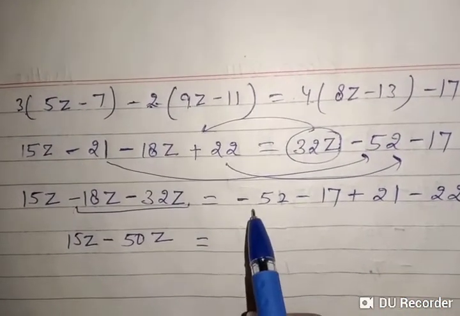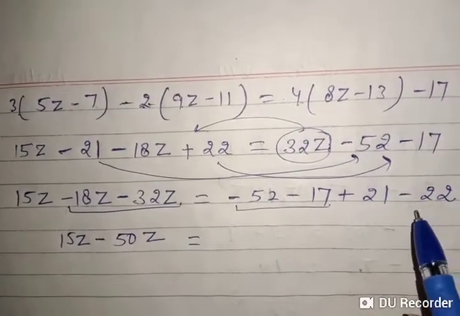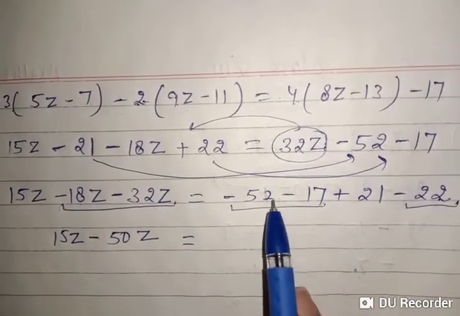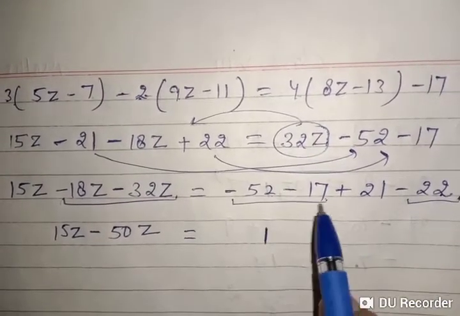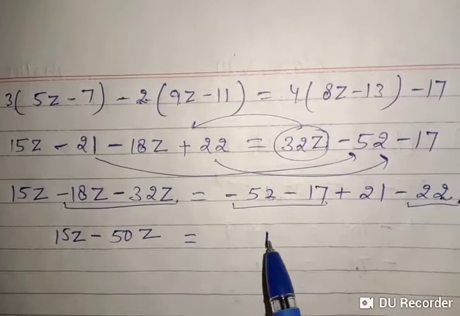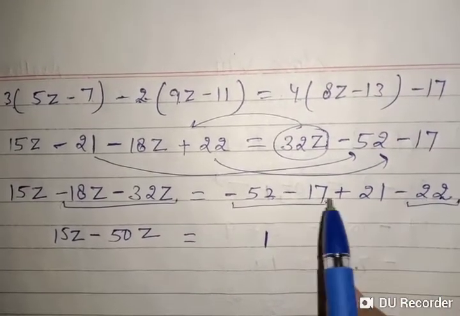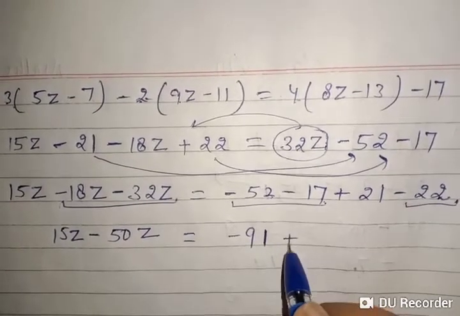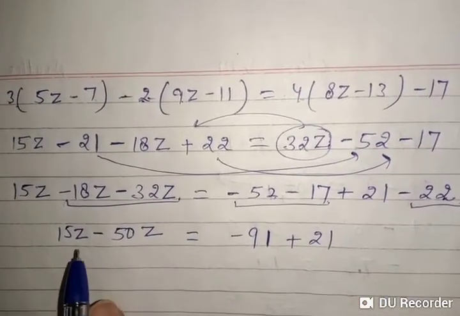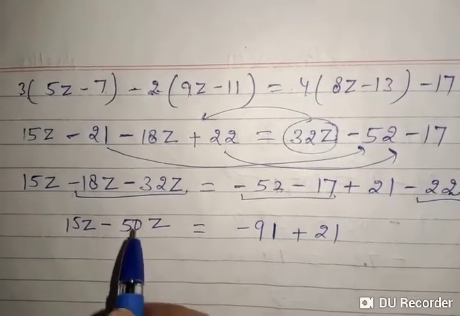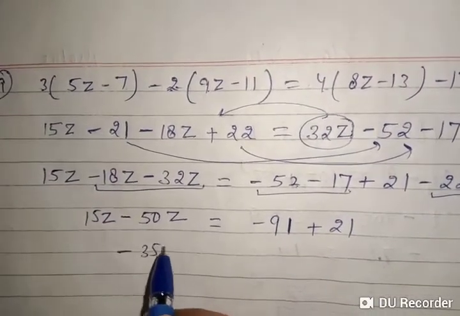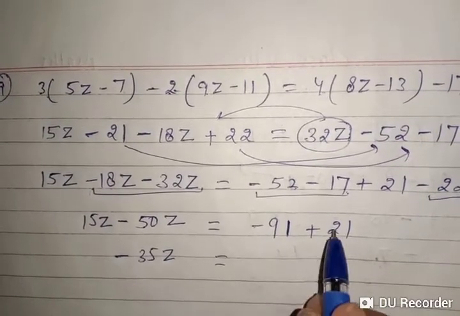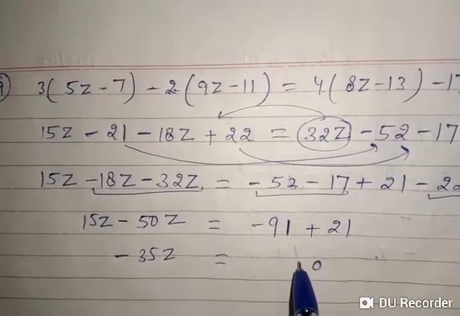You can solve like this, all these three terms having same sign you can add, so it will be minus 91 plus 21. Minus 50 plus 15 is minus 35z, which is equals to, now opposite sign we will subtract and we'll get